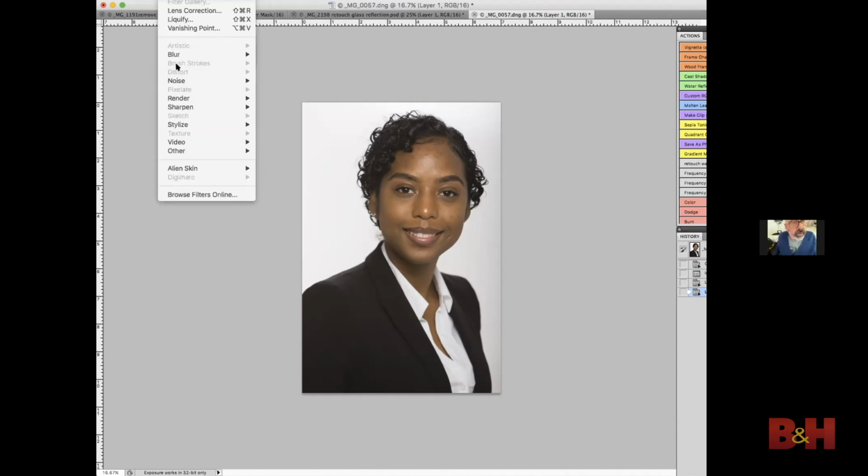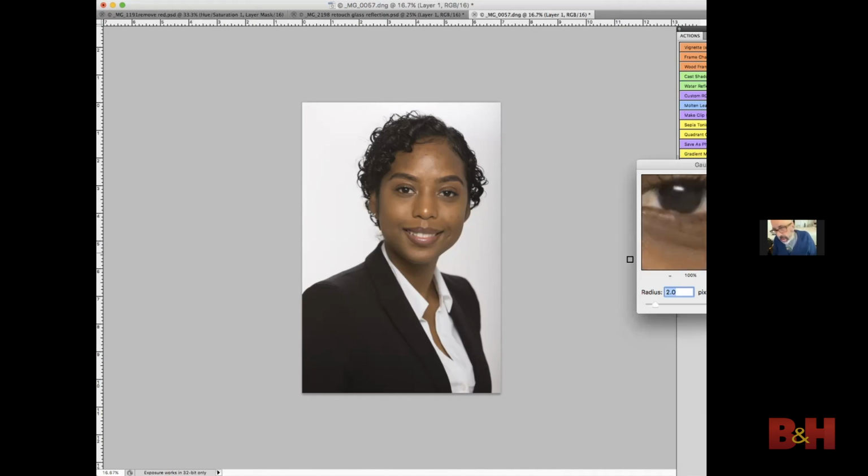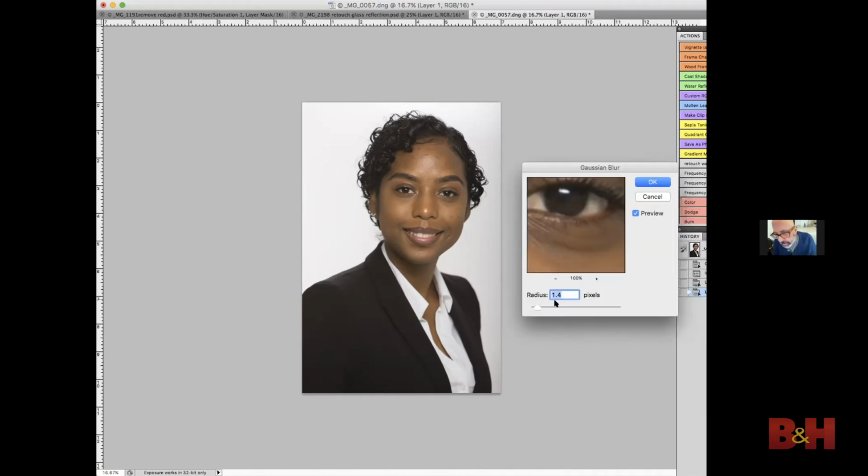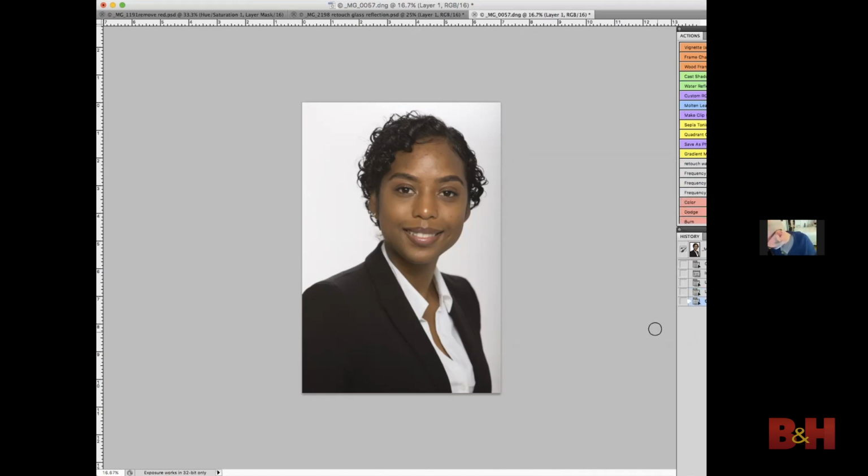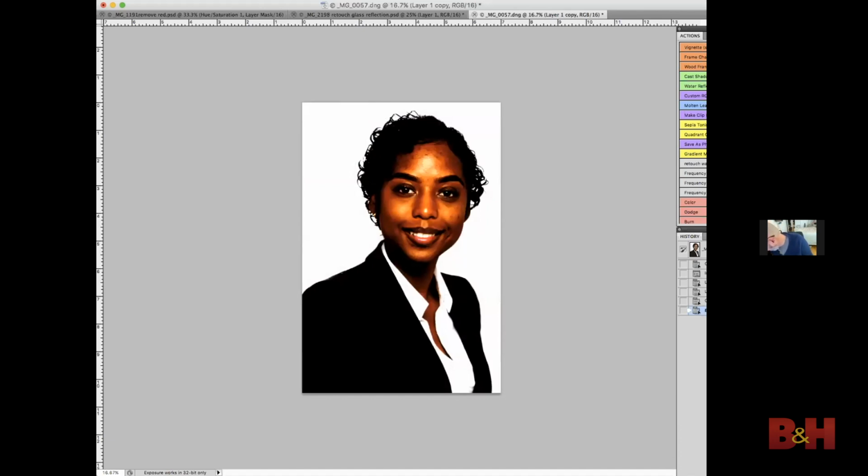Then you want to go over to filter, go to blur, and go to Gaussian blur. And I go to the eye because that's what I really care about. You pick a blur level to just where it starts to blur the eye, okay? And you pick that. Then you turn on all the layers, right? Now you go to the copy and you change it to linear light. I have a preset for this. And then with layer 1 copy activated,